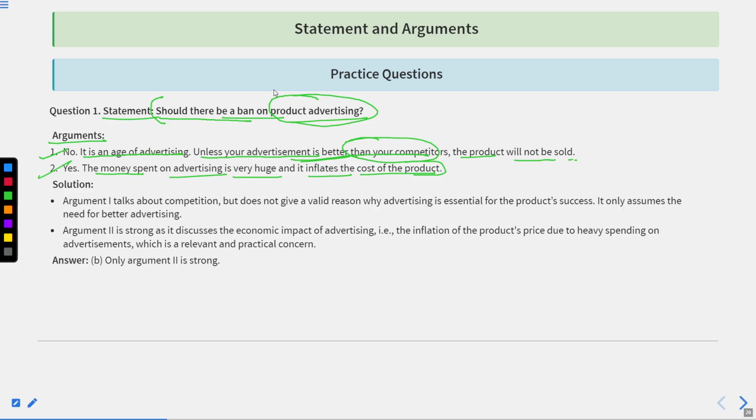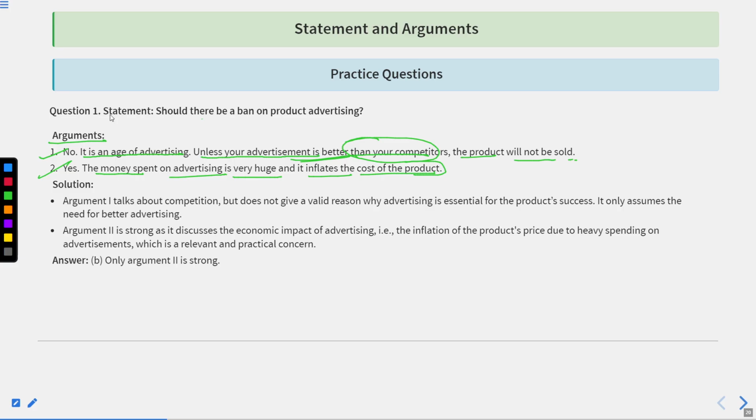You don't have to feel like, okay, if product advertising is stopped, then how will people know what exactly the product is? But you need to understand the argument that is given behind it. Although some of you might feel like, no sir, we should not be banning advertising. Correct. I personally will also never recommend that product advertising be banned, because how come the normal